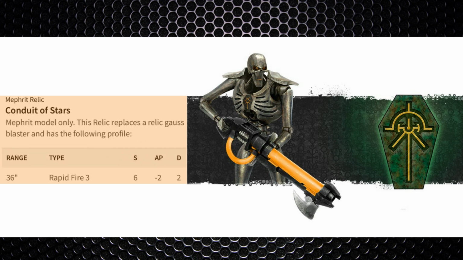The relic I personally love is for your royal warden, which synergizes with the shooting Necrons, because he's going to get the Conduit of Stars. So that 36-inch range becomes 39-inch range with the code, and firing within 20 inches is 6 shots instead of 3, and becomes a -3 AP weapon. Now whenever I play the Mephrit Dynasty, I always spend an extra command point just to buy this relic for